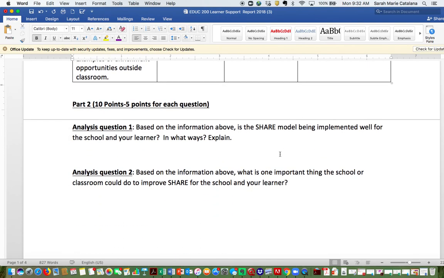Again, you've already done several of these questions, and now it's your opportunity to go back and add more evidence. Based on the information in this chart, do you believe the share model is being implemented well? In what ways? And explain. And then analysis question 2, what is one important thing the school or your specific classroom could do to improve